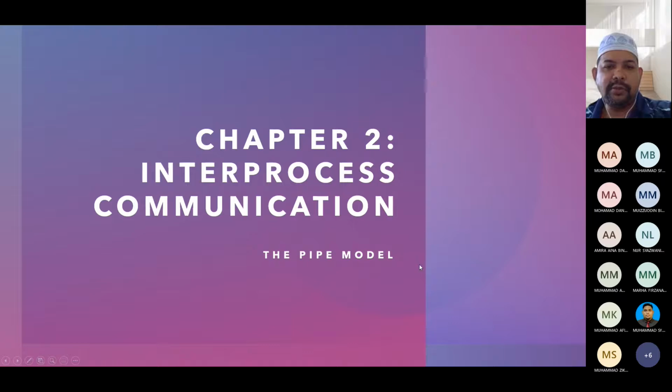Alright, so we continue to the subtopic of chapter 2, the pipe model. Okay, so we are still in chapter 2 this week. Okay, so when we talk about the pipe model, what